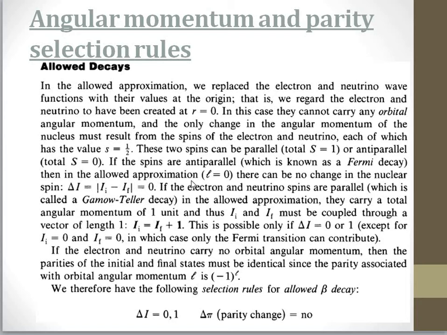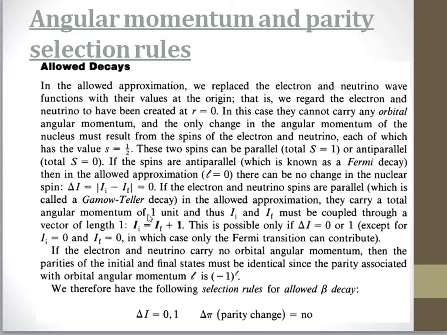Then in the allowed approximation, L is equal to 0, there cannot be any change in the nuclear spin. So delta I is equal to I final minus I initial, the difference of the initial and final angular momentum. That is equal to 0, because this transition is taking place from 0 to 0. So in allowed Fermi decay, L should be equal to 0 and S should be equal to 0, where spins are